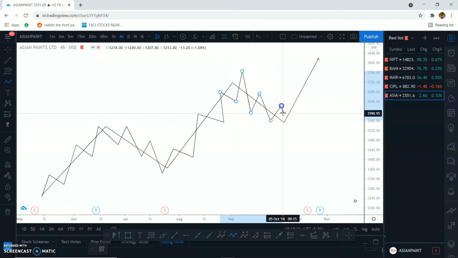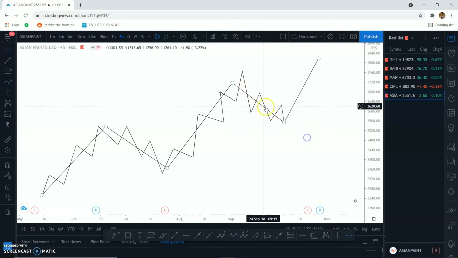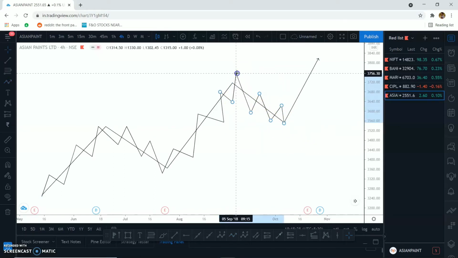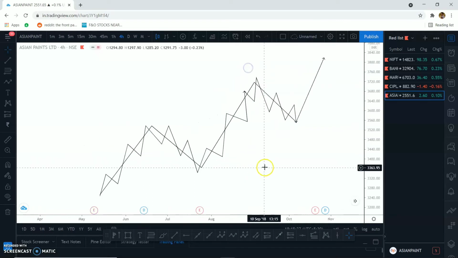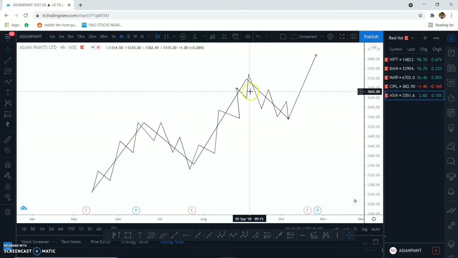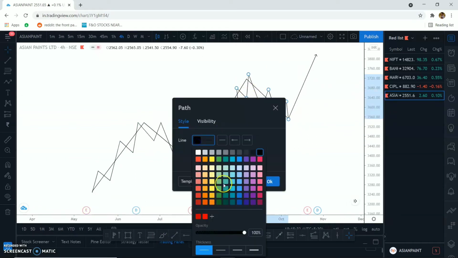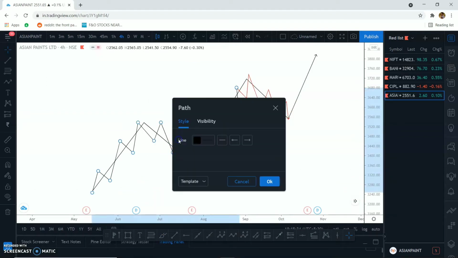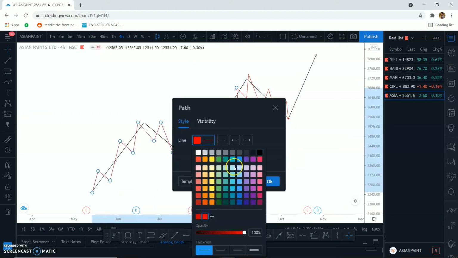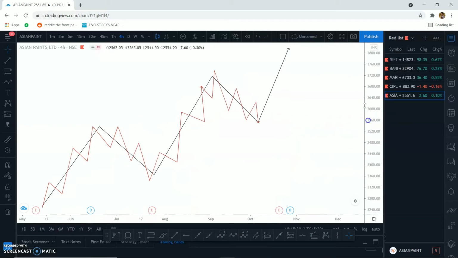Daily is in a downtrend here, right? Daily is in a downtrend now. So weekly is in an uptrend, daily is in a downtrend. I'll change the color to red for your better understanding. All right, makes sense. Now if I zoom in,